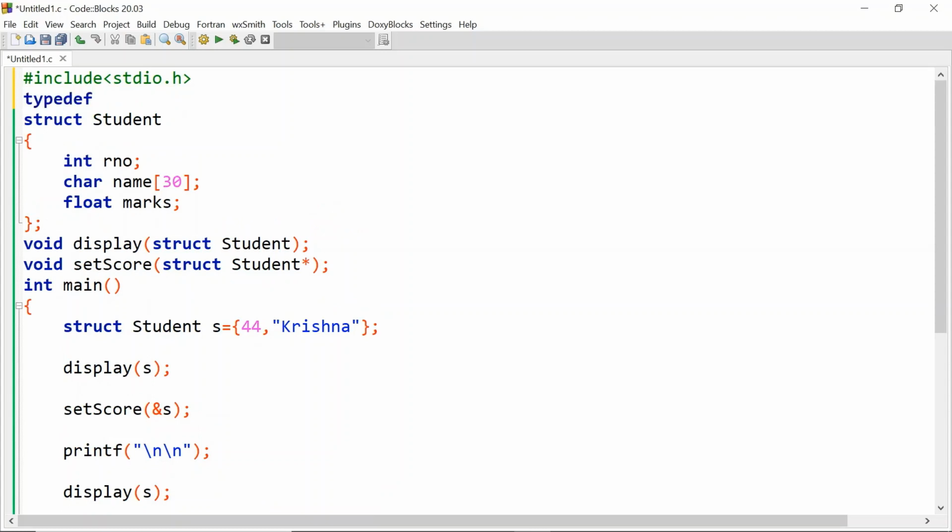In this case, we can give an alternative name to the data type. So typedef struct student as student, and now we can use just student as a data type name instead of using struct student everywhere. The syntax of typedef is like,